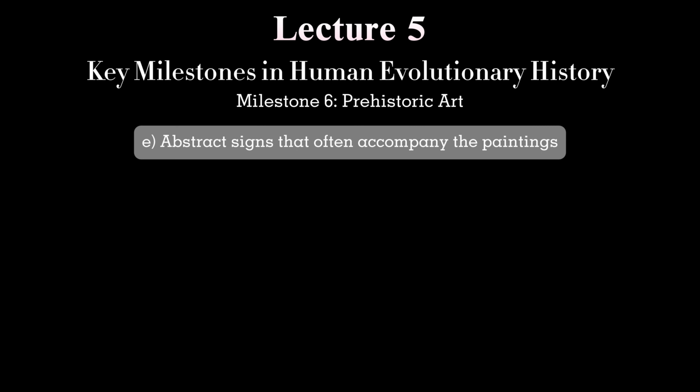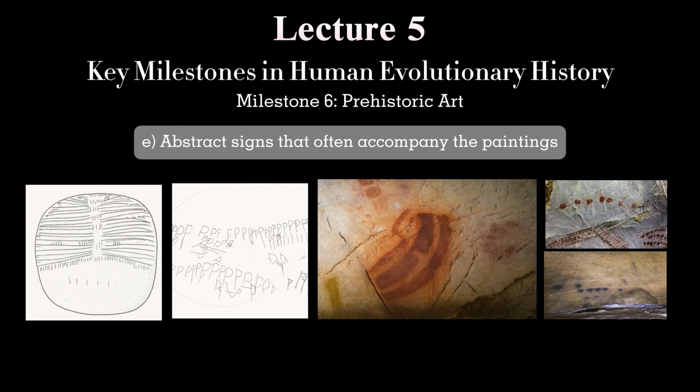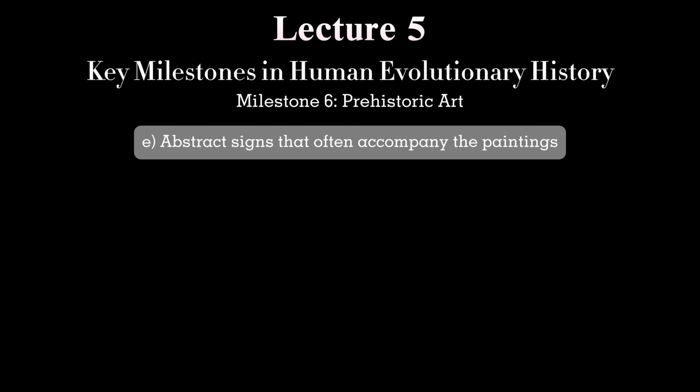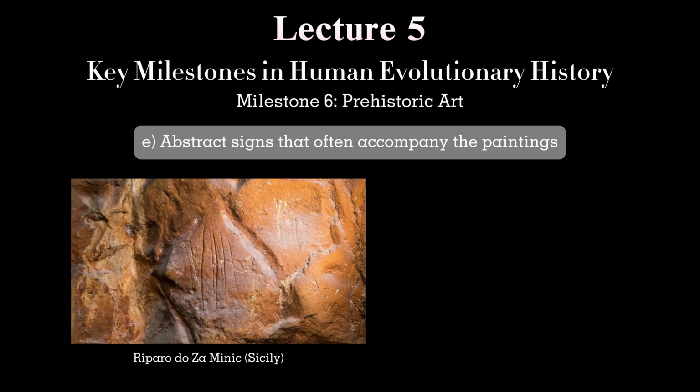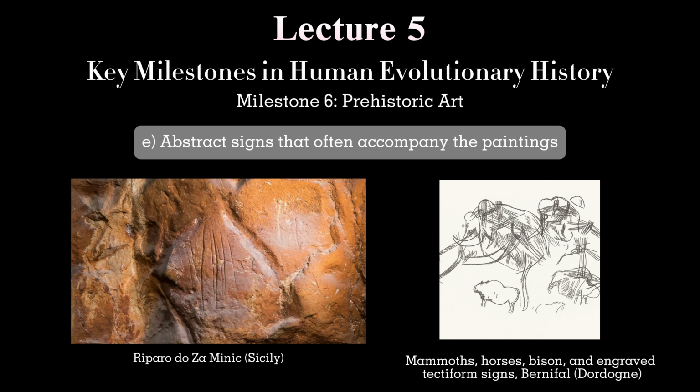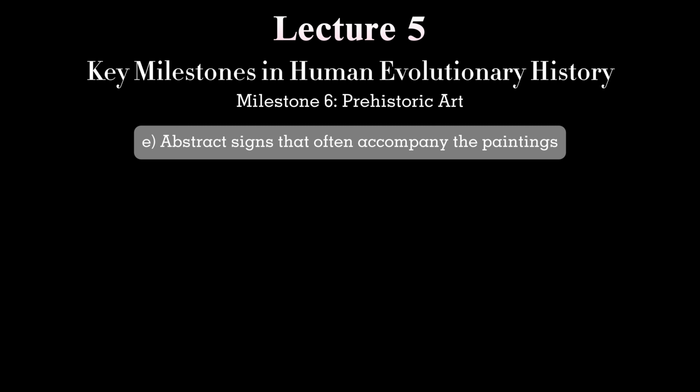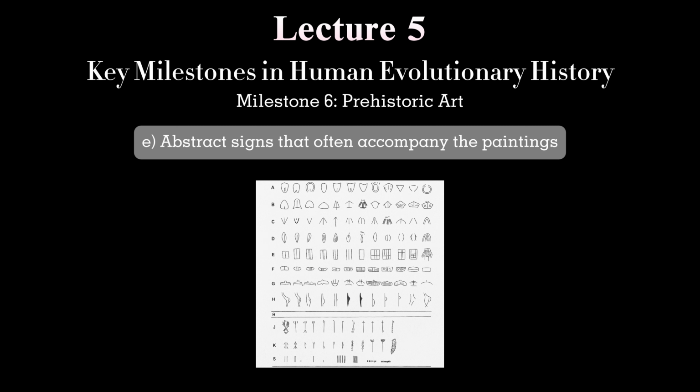E. A special word has to be said about the enigmatic abstract signs that often accompany the paintings. There are two types of them. The first type seems primitive, chaotic, or impulsive. These signs also frequently overlap with animal figures. The second group includes more carefully executed signs, with consistent shapes and deliberate positioning, suggesting symbolic significance with possible syntactic